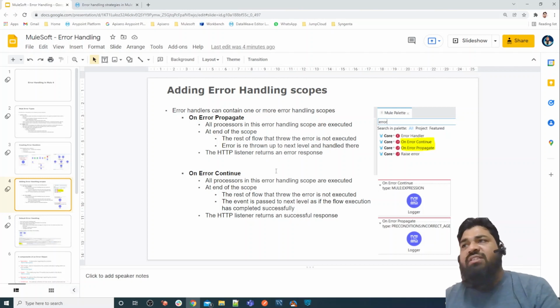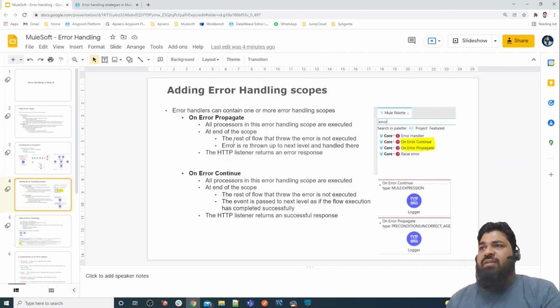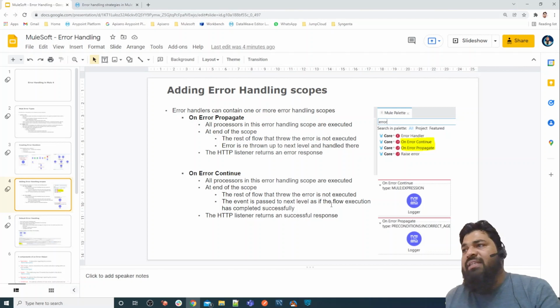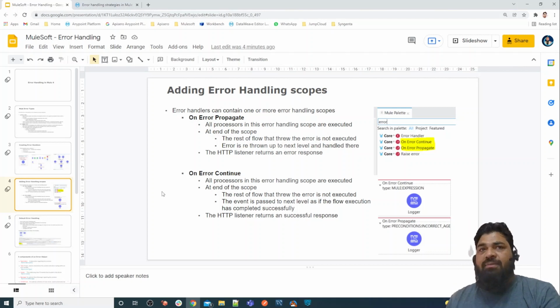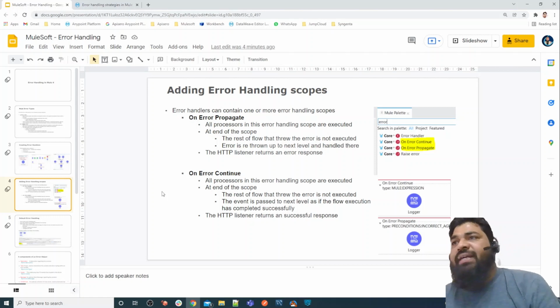It will give you a success response in case of an HTTP listener, but in case of on error propagate, the HTTP listener returns an error response. So the error is rethrown up to the next level and handled there, but in the other case the event is propagated to the next level as if the flow execution has successfully completed. This is the basic difference between on error propagate and on error continue.